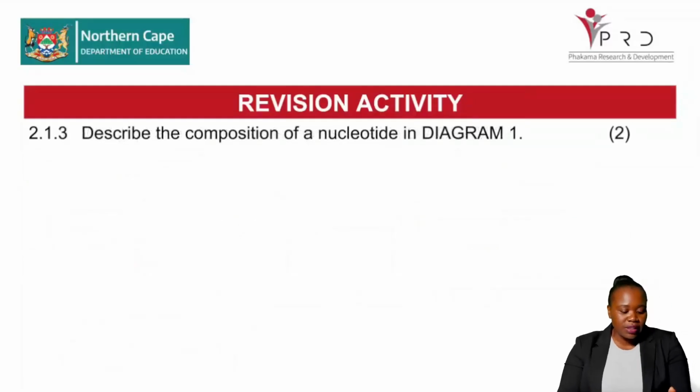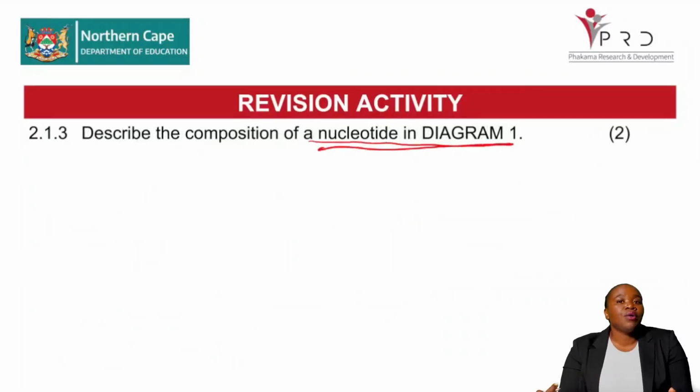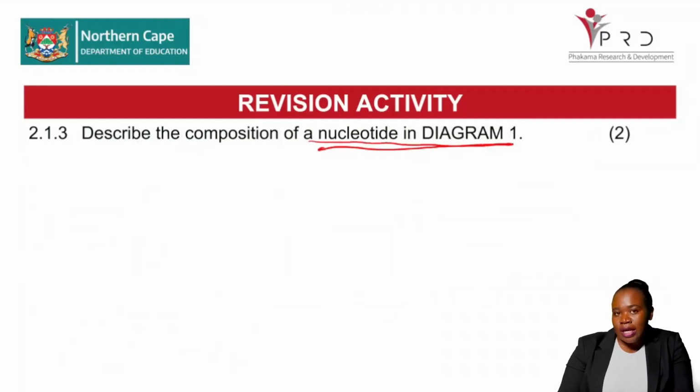Okay, 2.1.3. Describe the composition of the nucleotide in diagram 1, meaning that you are going to describe the composition of the nucleotide for a DNA molecule. Now, we looked at the structure of the nucleotide earlier. You simply describe what that structure is made up of. The nucleotide is made up of a sugar. Remember, the sugar in DNA is a